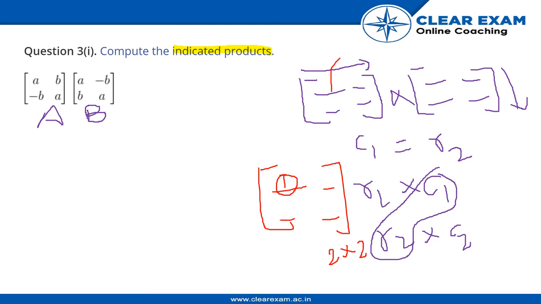First we multiply this element with this. Now the corresponding element in the vertical direction in the second matrix is this one. So we multiply this one to this, add them together, and place it here. Let me show you with another example with another element.